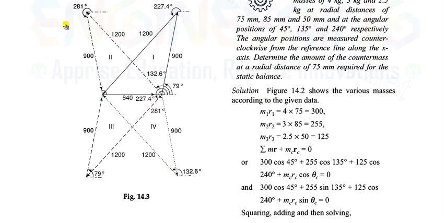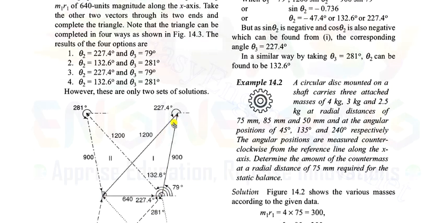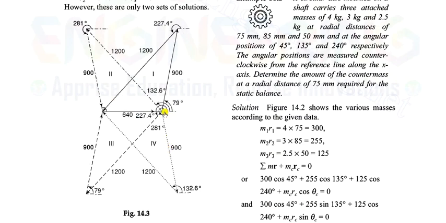Now we can close this in four different ways. If I take only one, for example this one, this is your m1 r1. Now this is 900, m3 r3. And to close it, this is m2 r2. Okay, so this is your first approach. So how can you make this? You have 900 magnitude and 1200 magnitude, and you want to make a closed triangle.